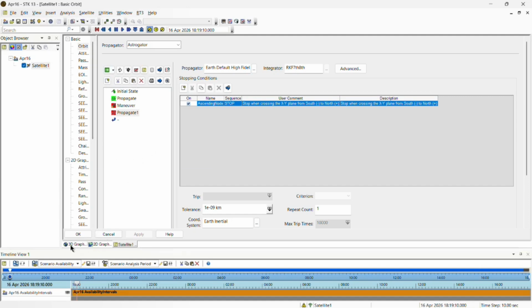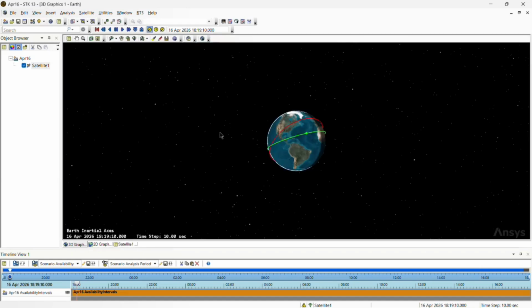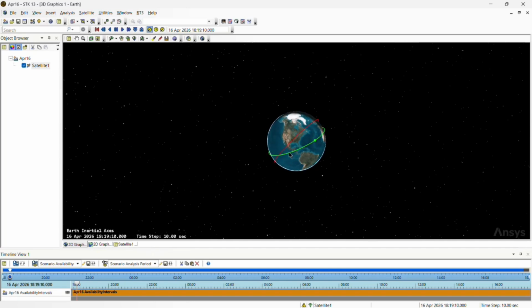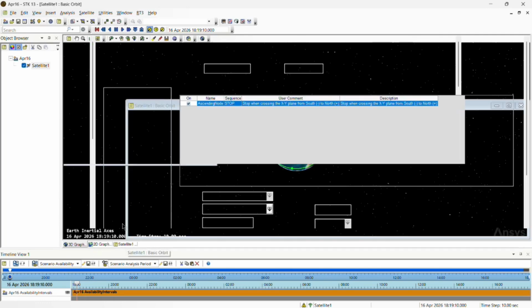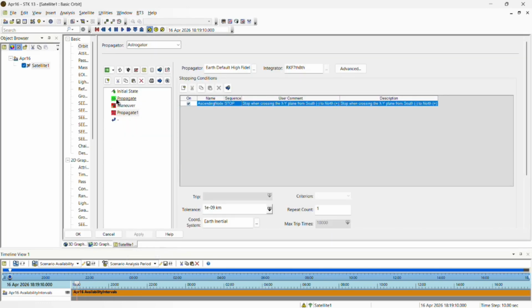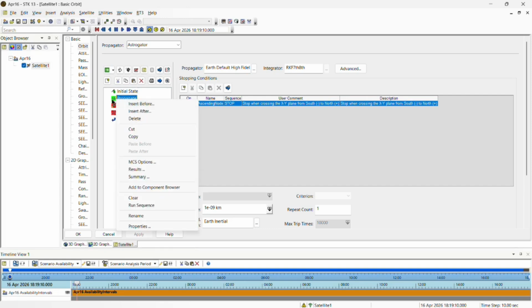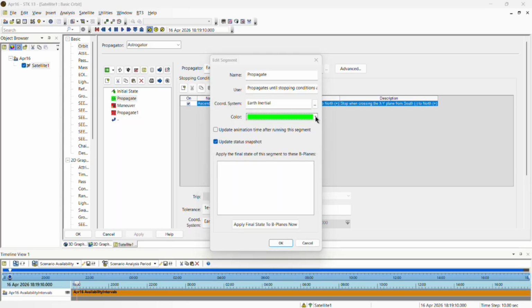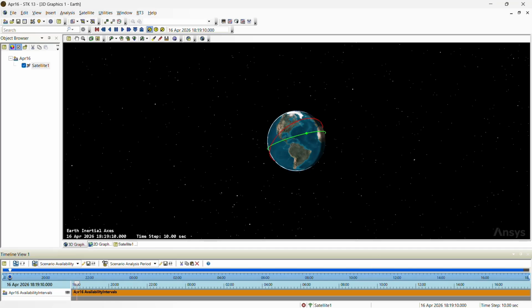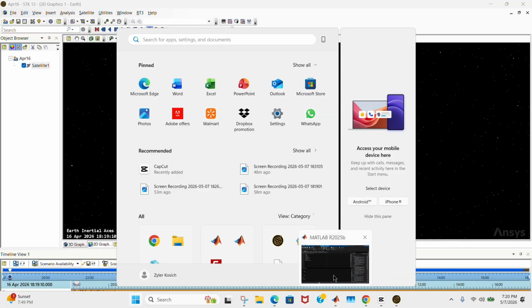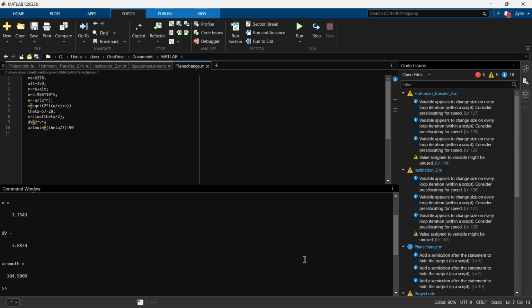It'll load. Then you'll see on your Earth orbit, you'll see your original, which I've highlighted in green, and the new one, which I've highlighted in red. You can change this by coming over here, right-clicking on your option, and going down to properties and changing the color to whatever is here. Done. We're going to go back to MATLAB, and we're going to switch over to the code I've written